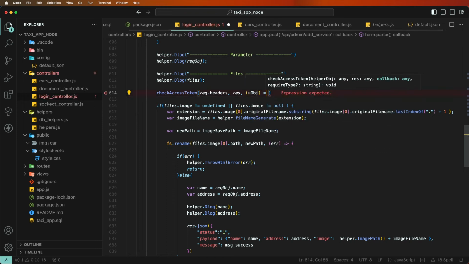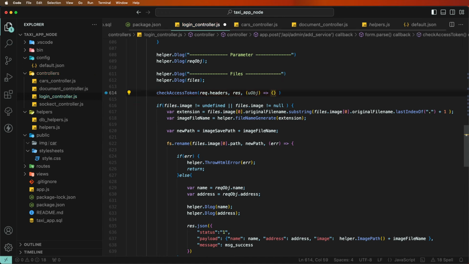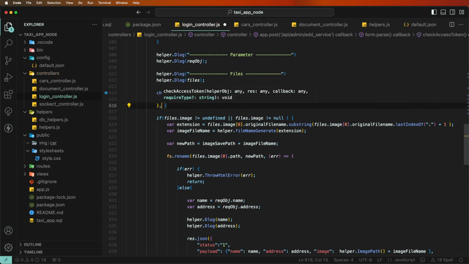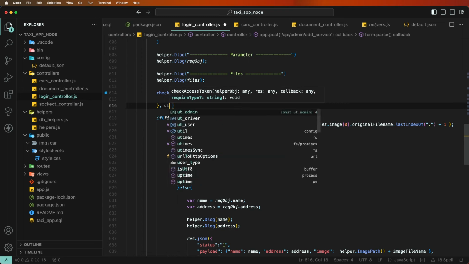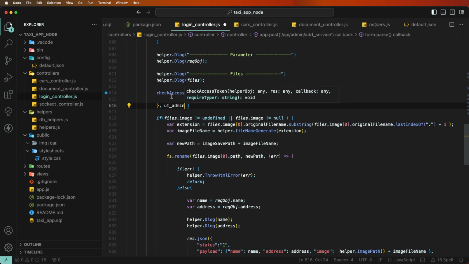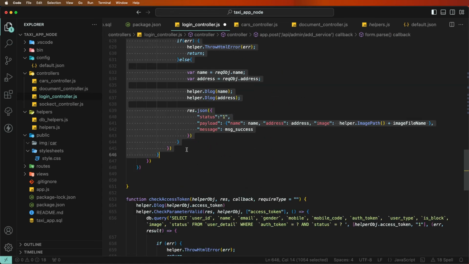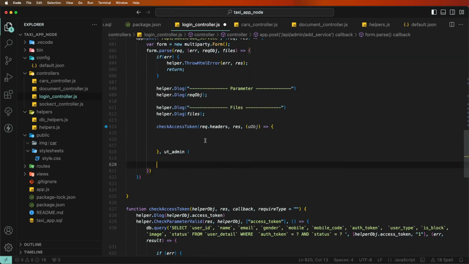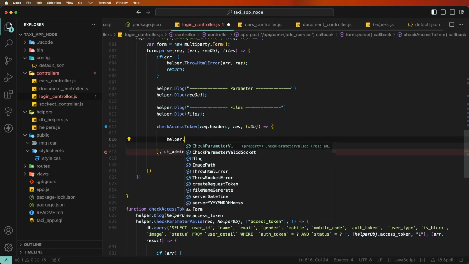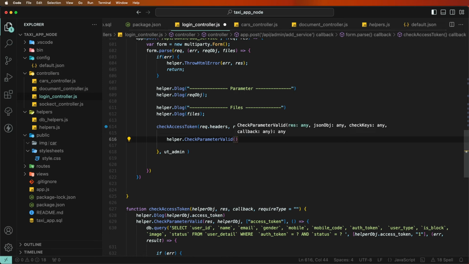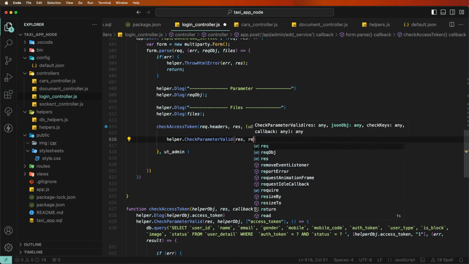Then check the admin, like this. If the token is valid, then return this value. Now we need to create the helper dot check validators response here,